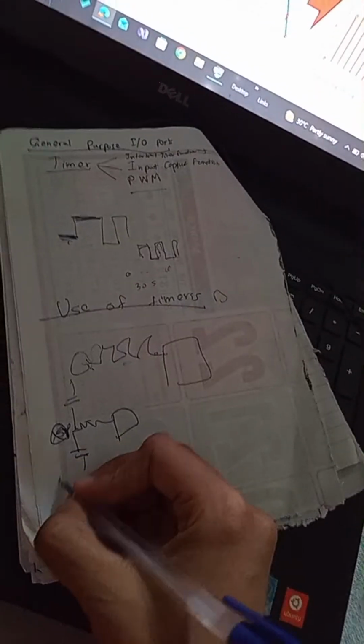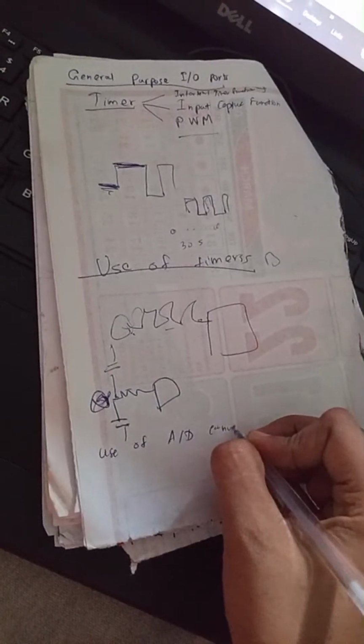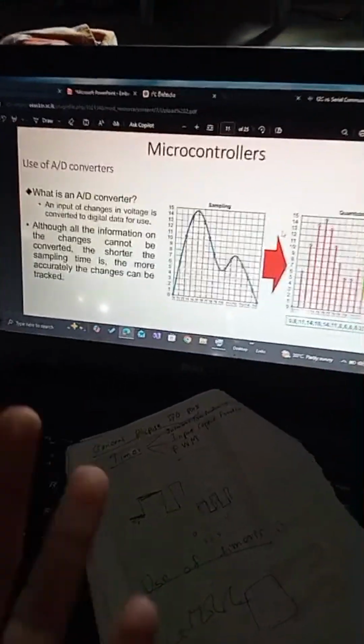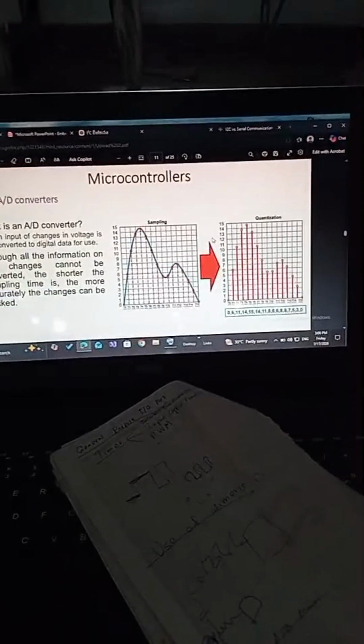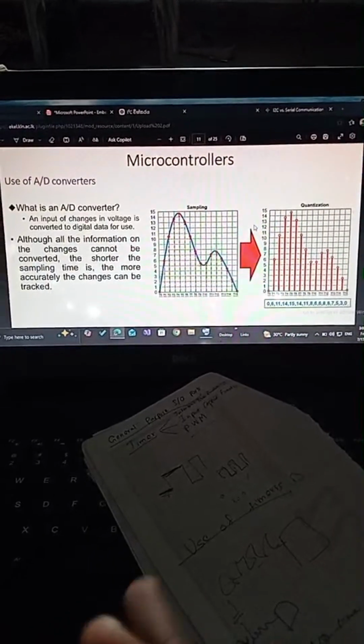Now I'm going to talk about the use of AD converters, which means analog to digital converters. This is obvious, because normally a microcontroller gets inputs from different sensors. We use different sensors and so on. Normally those inputs are voltage values, and also they are